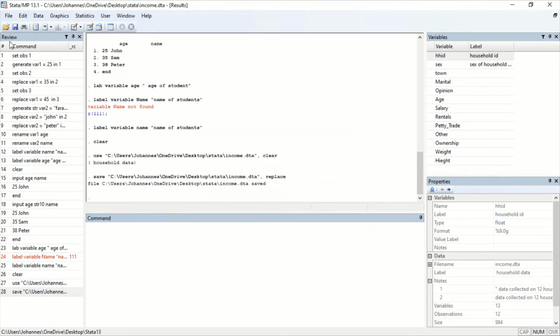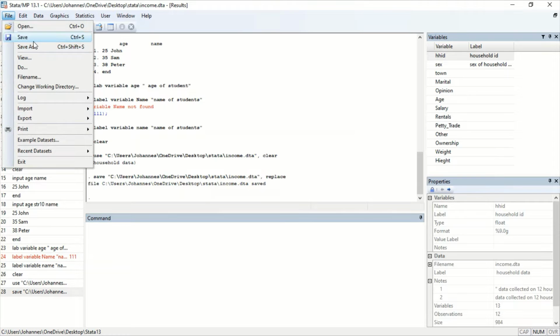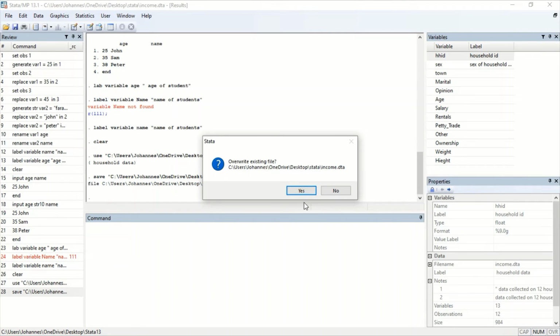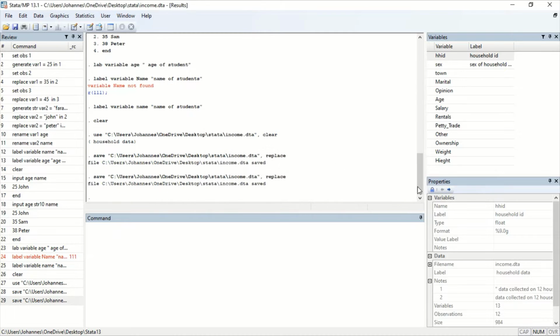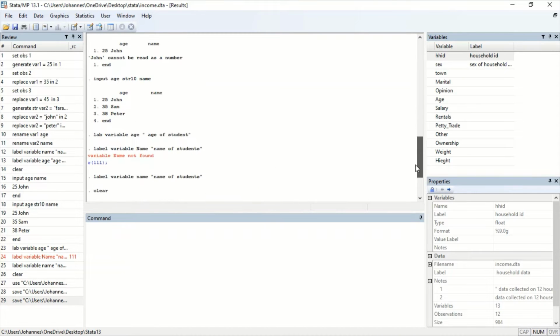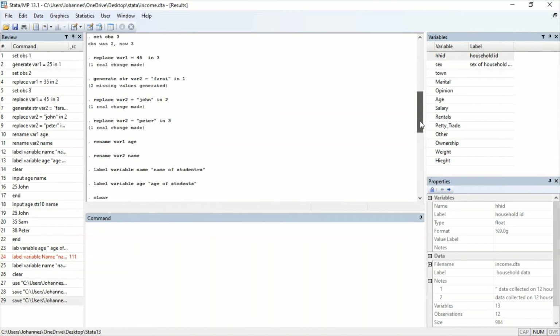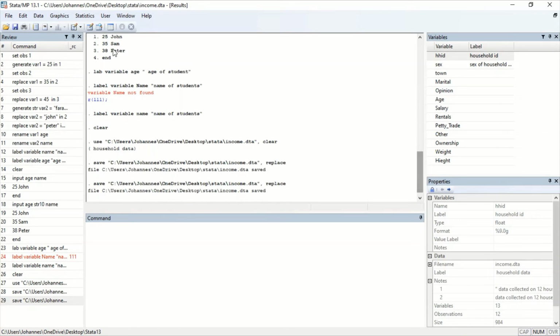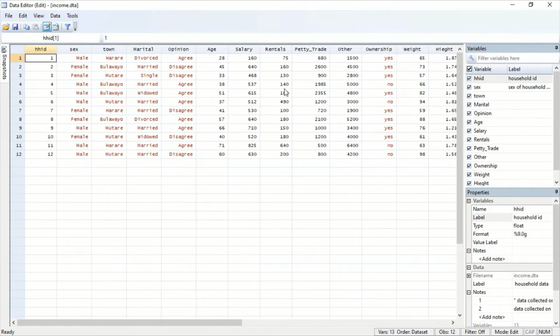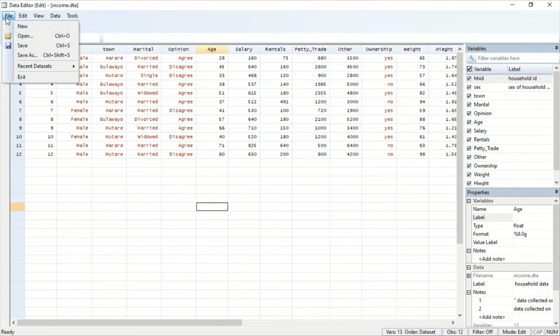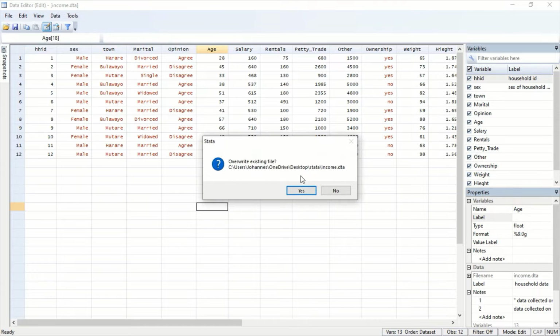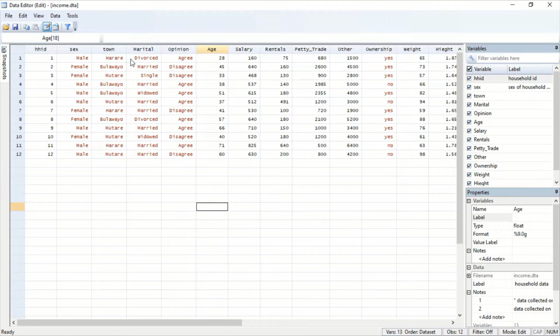Yes, if you go here and try to save, what you'll be saving is data. You are not saving your results. This analysis that we have been doing, you are only saving the data. This is the data that we are talking about. If I make a change here, 91, right, I've changed something here, and if I say file, save, I'm just saving my data. So